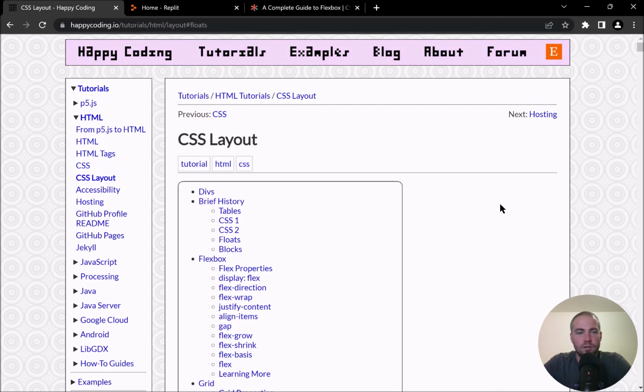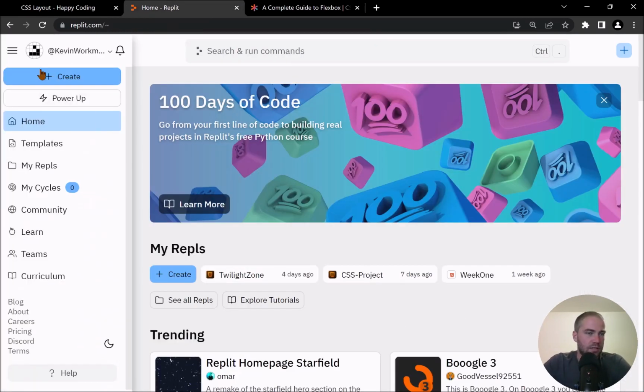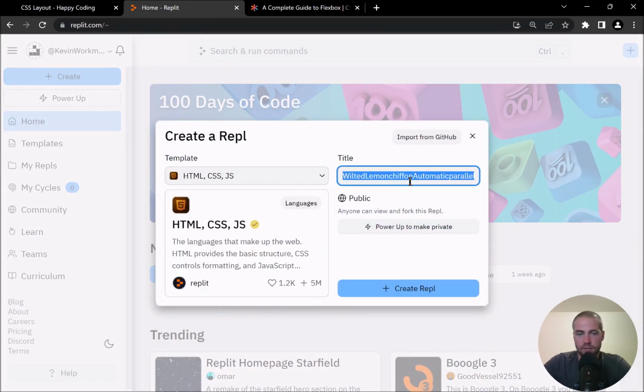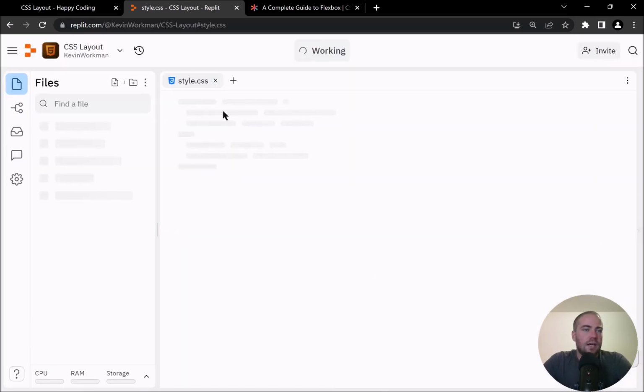So let me start by creating a Replit project just so that we are working in the same environment that we've been using before. So I'm going to create an HTML CSS JS project. I'm going to call it CSS layout. Yeah, sure. Okay, so I'm creating that, and